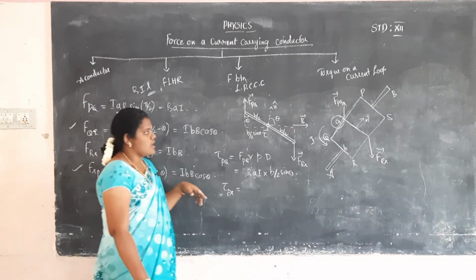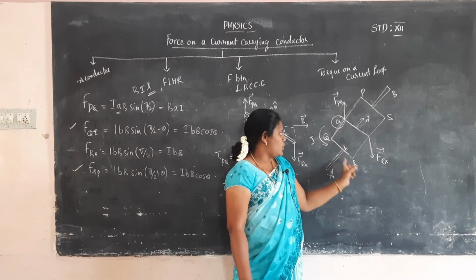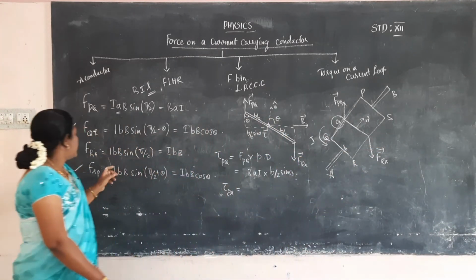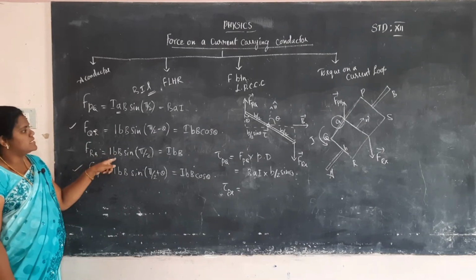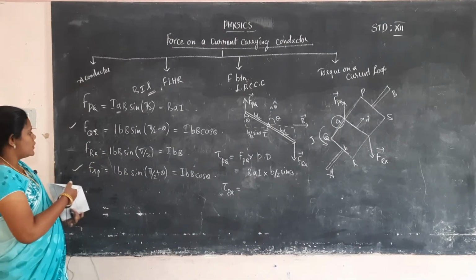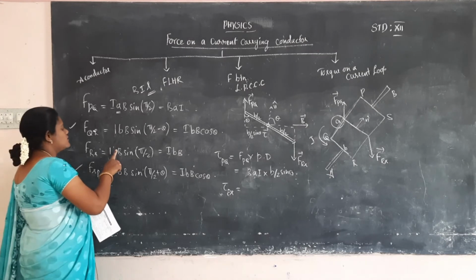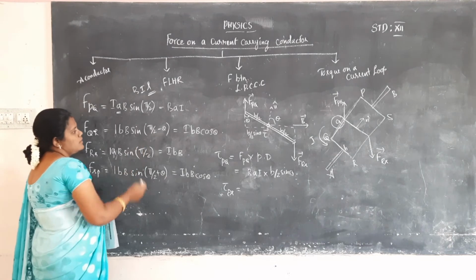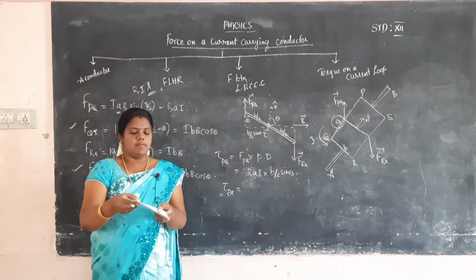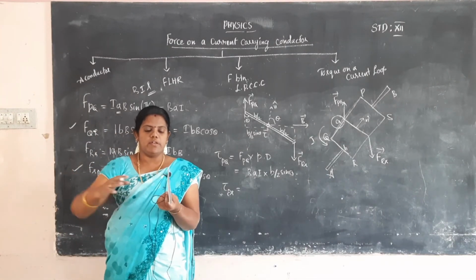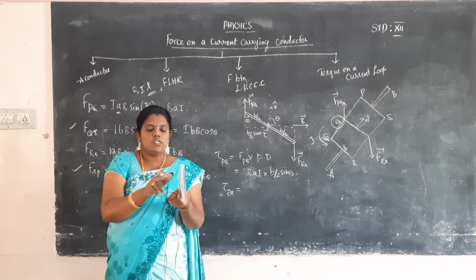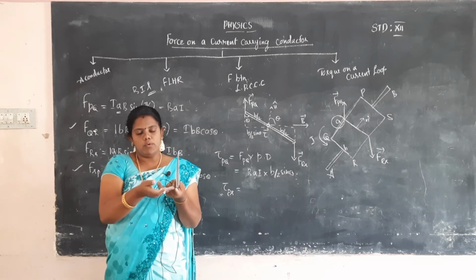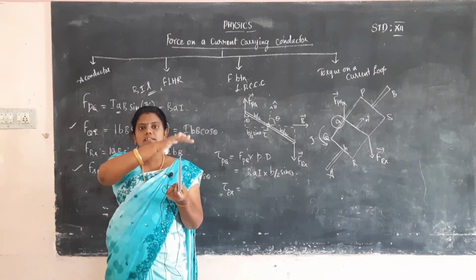Now we consider the RS arm, after the PQ and QR arms. The length of the RS arm is a, not b. So IaB sin 90, because the two plates are perpendicular to one another and the magnetic field goes this way, so the angle is 90. Then on the downside part the angle is 90 minus theta, on the upside part 90 plus theta.